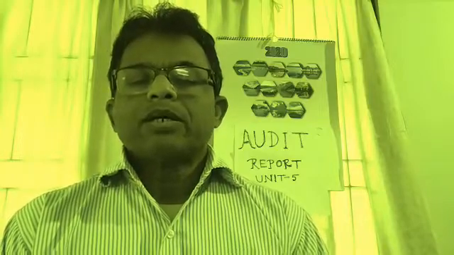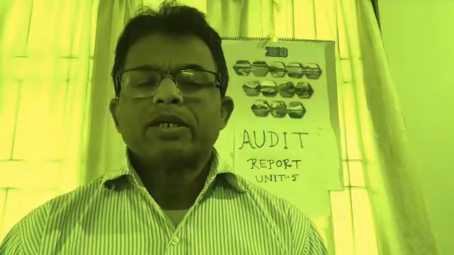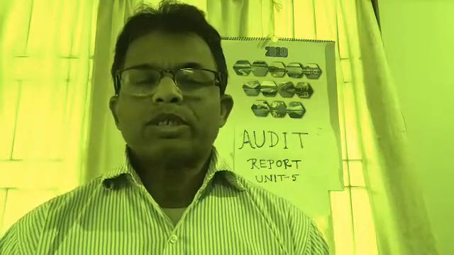In the audit report, he will write this way. I'm just giving one example of a report. The books of accounts and vouchers were destroyed in the fire in the premises of the concern and were not available for examination. In the absence of books and vouchers, we are unable to express our opinion on the accounts. So the auditor has written that way. So this is an example of disclaimer. There may be many such examples of disclaimer.